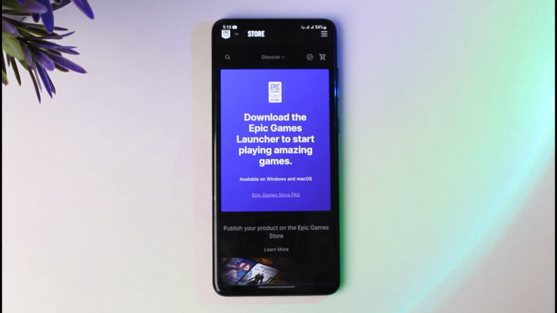You click on your library, where you will find all of your apps, and then you tap on the three dots next to the game you are trying to uninstall. Tap on the uninstall option, and then confirm the uninstall. Once you're done with it, you can go back, restart your Epic Games launcher and try